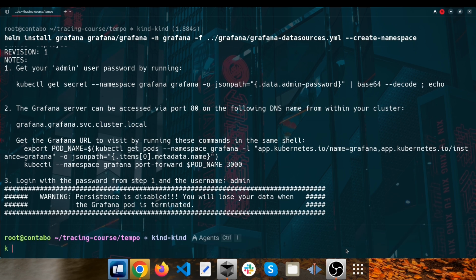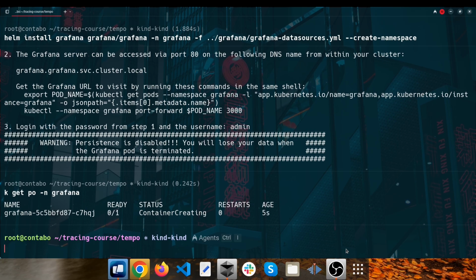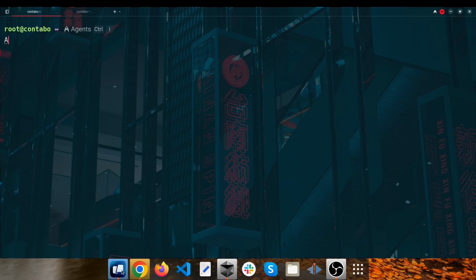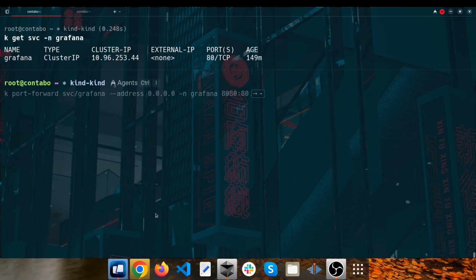Very good. So if I type kubectl get pod -n grafana, it's now in container creating status. So let's wait for it to be up and running. Okay, very good. So now Grafana is up and running. So now let's connect to Grafana to see it and to make sure that the Tempo data source has been added successfully. To access Grafana, first of all, I type kubectl get svc -n grafana,